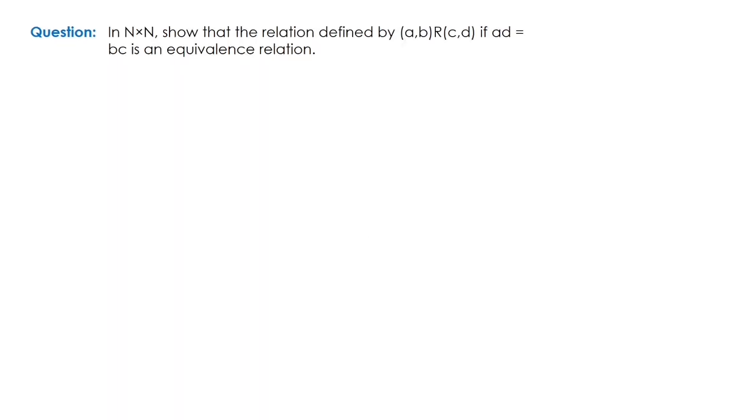Now let us move to another example in which I have the set as N cross N. So in the previous example we had a set A which was the set of integers and which contained elements like 1, 2 and so on. It also contained minus and plus values. So now in this set I have N cross N, which contains the ordered pairs A comma B, where A and B both belong to the natural numbers N.